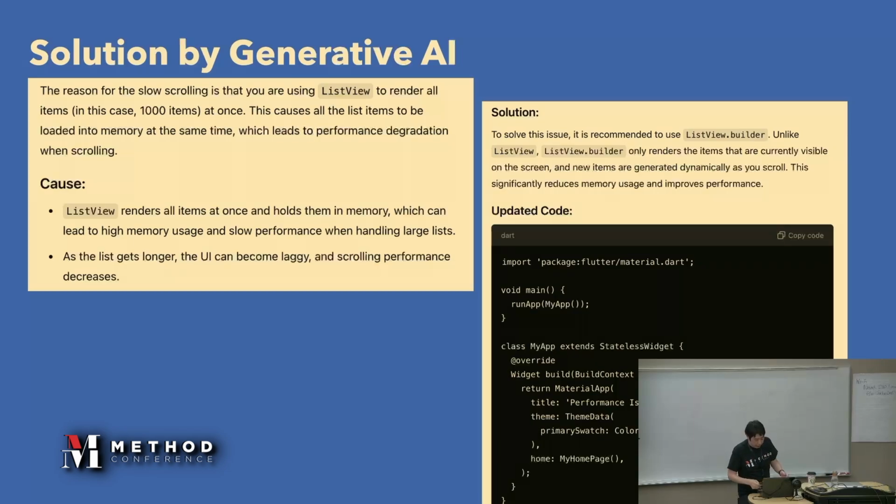By replacing this with the new widget, we can analyze and solve this performance issue.